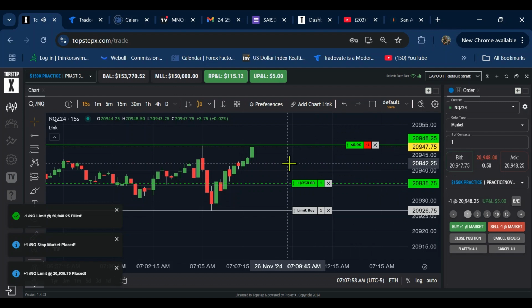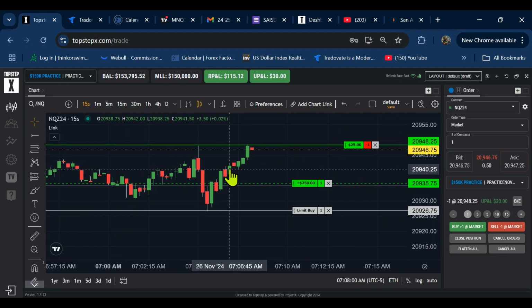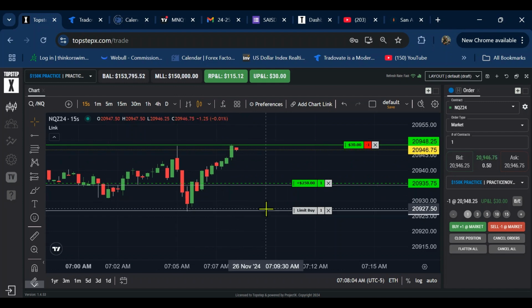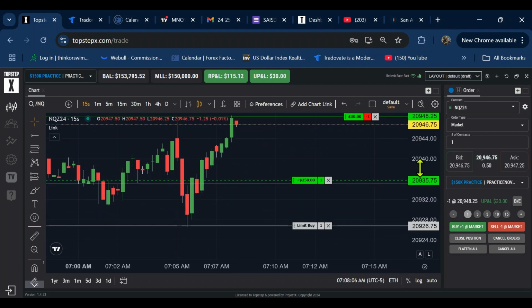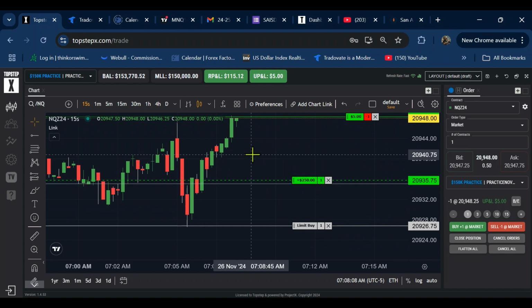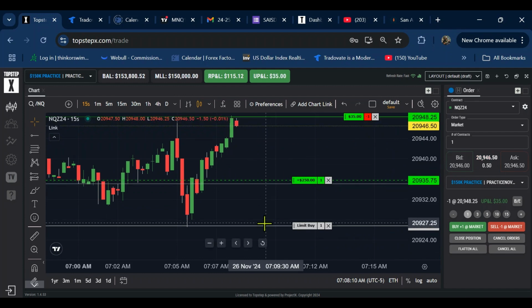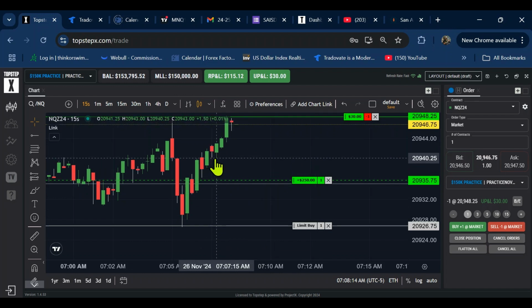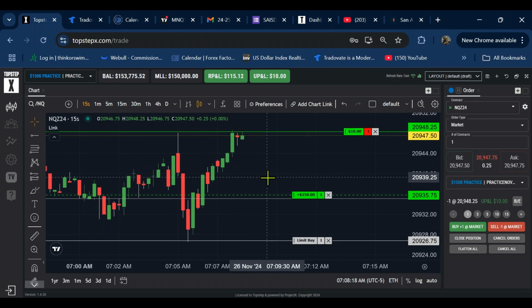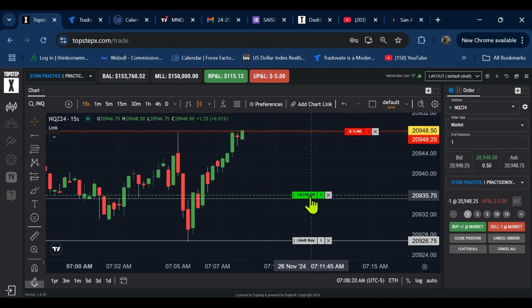Okay, so now we filled. This is an interesting little run up. Where do we take our profit? You could leave it down here. You could leave it all the way to the bottom of the range. But if you're going low hanging fruit, I see 2 pins right there that are equal. So I might put my take profit right there,